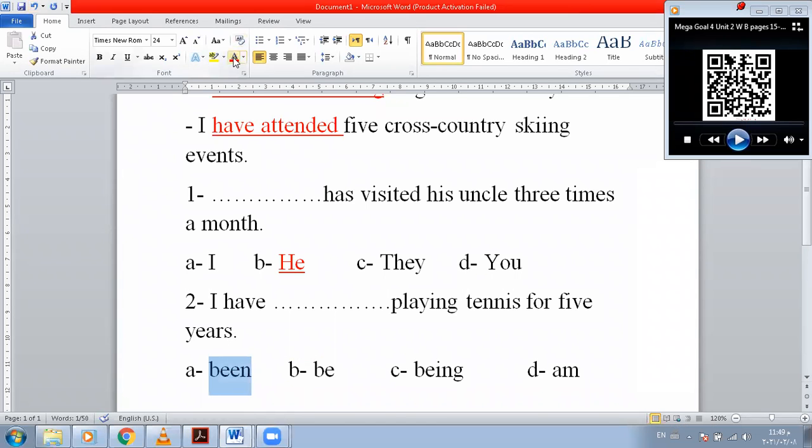Why been? Because it's present perfect continuous or progressive. Excellent. Progressive, yes. It's the present perfect progressive or continuous. And the form of the present perfect progressive is what? The have or has, and then been, and then the verb with the ing. Excellent, so have or has, been, and the verb ing. Good, excellent. Now, thank you, Ahmed.